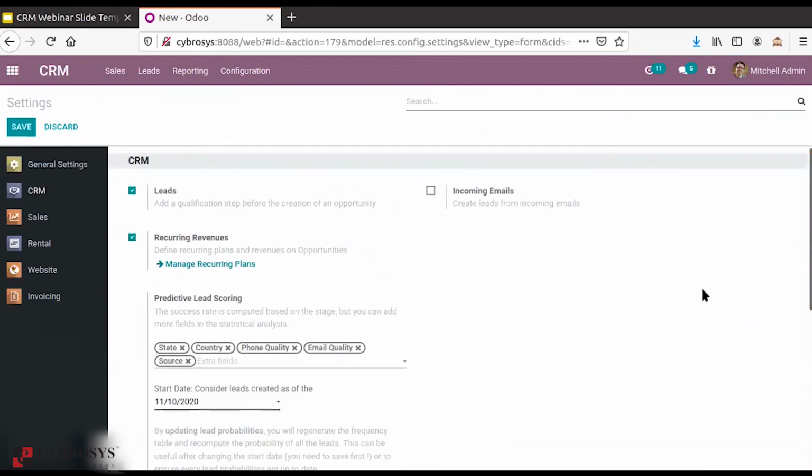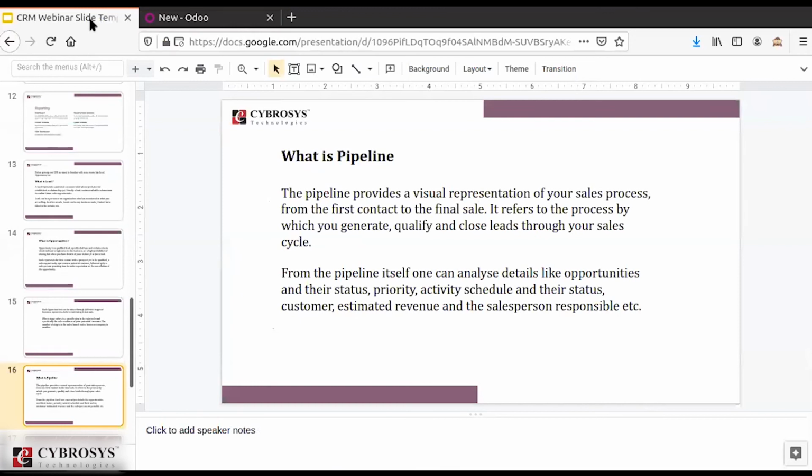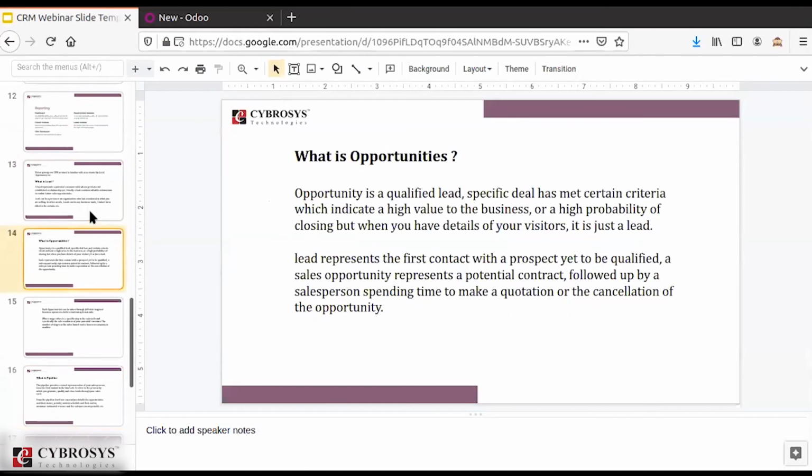So this is all, we can say, regarding the CRM in detail in Odoo 14. The things we have discussed in our CRM are what CRM is, the leads, the way the opportunity is categorized, the way it is taken into quotations, and the cancellation of opportunities.